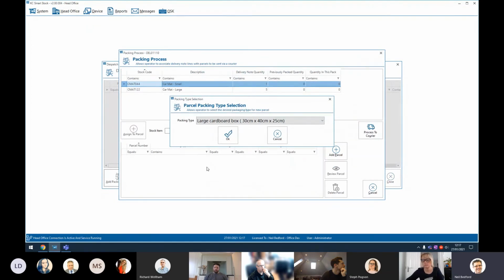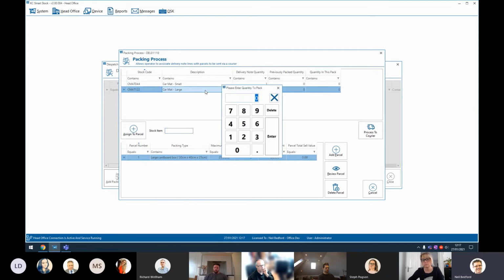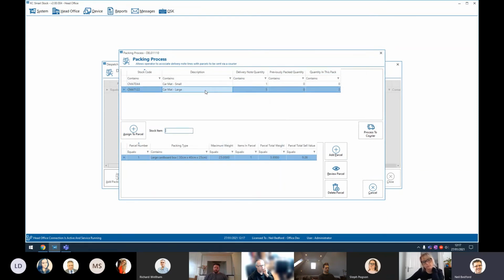Within this process, it will now ask us, first of all, what's the first type of box or parcel that we're going to use? What sort of packing type are we using? This will give us a list of our packing types. I'm just going to add in a large box. From here, I can start to either scan or double click on lines to put into that parcel. So if I double click on this item, or scan it, and say I'm going to take 2 of those and put it in,